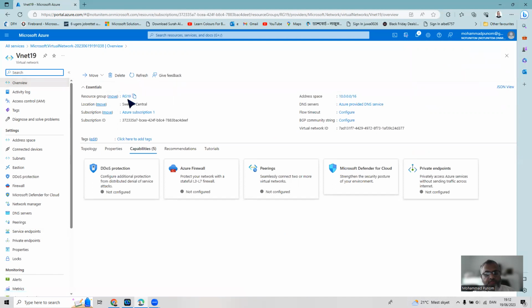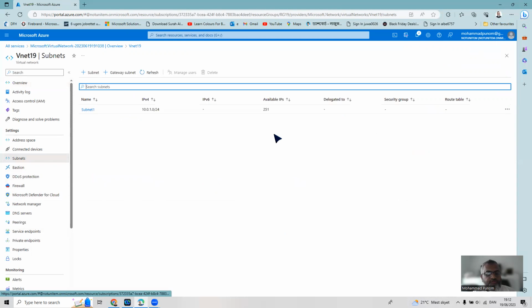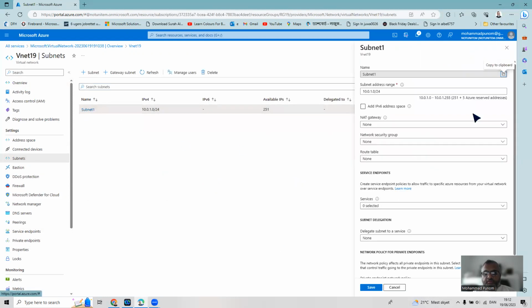It's in the resource group 19, and you can see the subnet here, subnet 1. If we click here, you can see the subnet 1 IPv4 address,